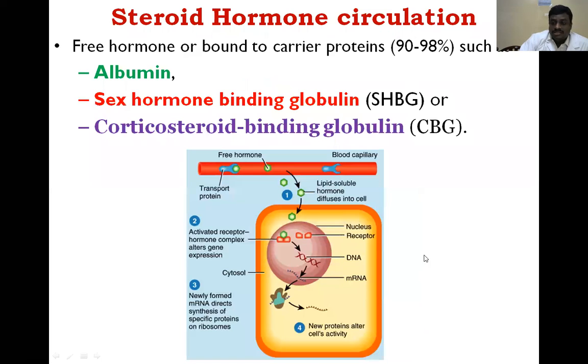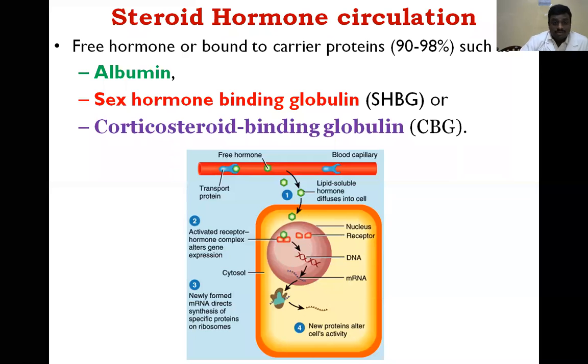Okay, so that is about the different steroid hormones. Those are produced in different cells in the adrenal gland, in the cortex and also in the medulla. Once all these hormones are produced, they immediately reach the blood. Then these hormones are immediately transported from one place to another. For transport, they have to bind with transport proteins, carrier proteins.